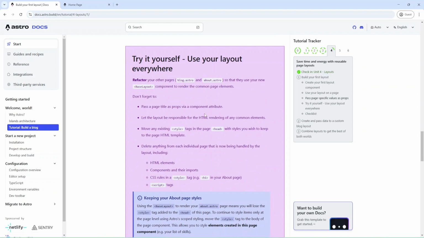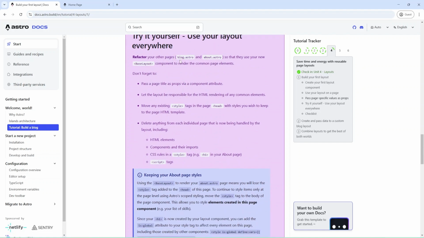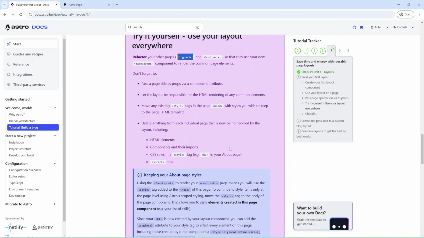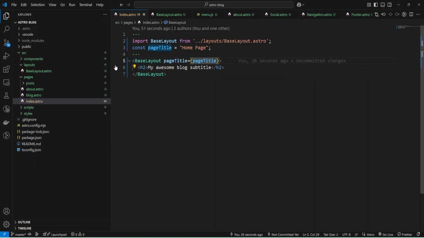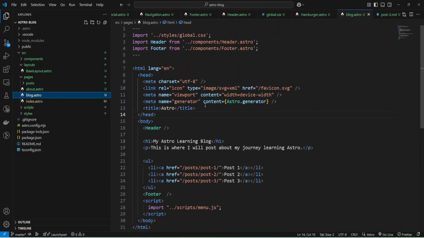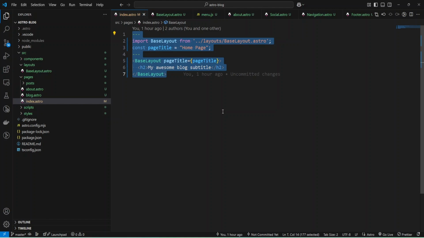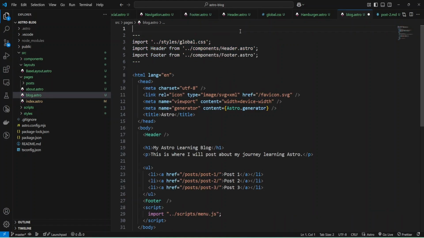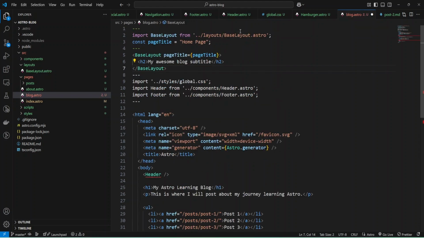Try it yourself, use your layout everywhere. Okay, and now we can change blog.astro and about.astro. We can use this base layout and provide what we have inside these files as a slot. Let me open index.astro, copy the content and provide it inside blog.